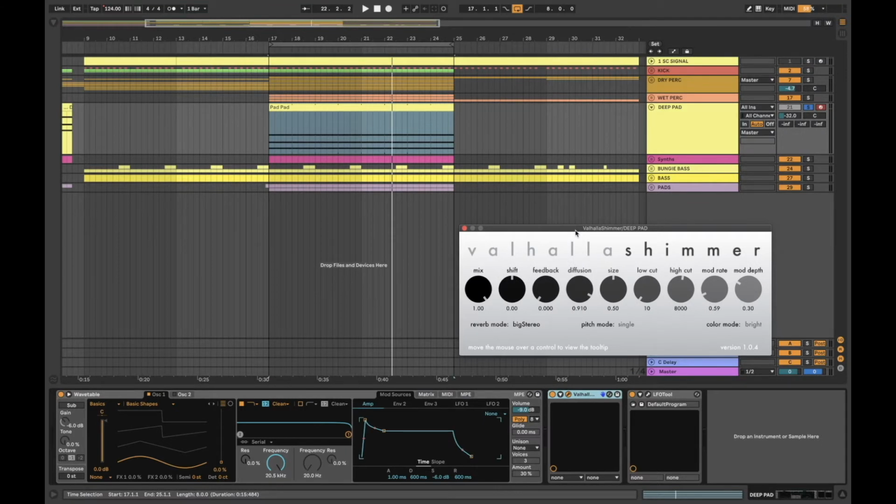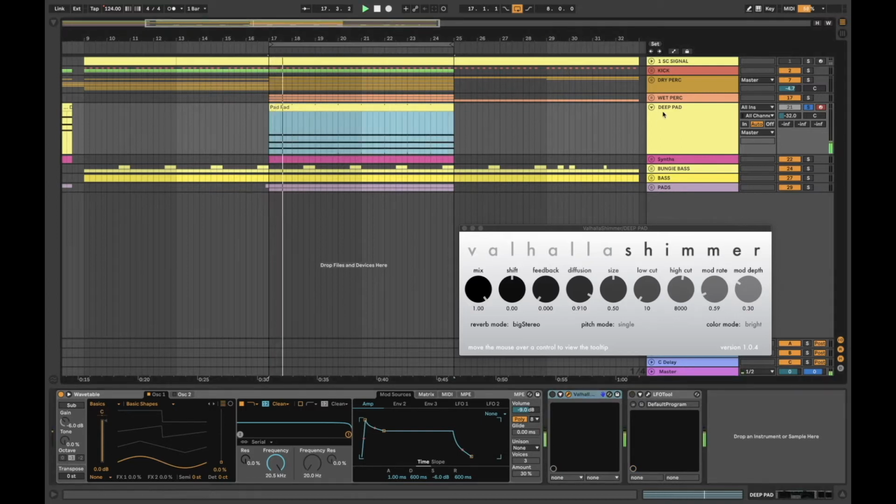Valhalla Shimmer is so powerful. It just turns anything really into a drone. If I turn it off, and I'll turn off LFO Tool again, and I'll turn this up as well. Ooh, whoops. So this is just a pretty simple sine wave, and there you can hear Valhalla's just given it depth and width and reverb. It's amazing. And then again with an LFO tool at the end, or with a sidechain compressor,